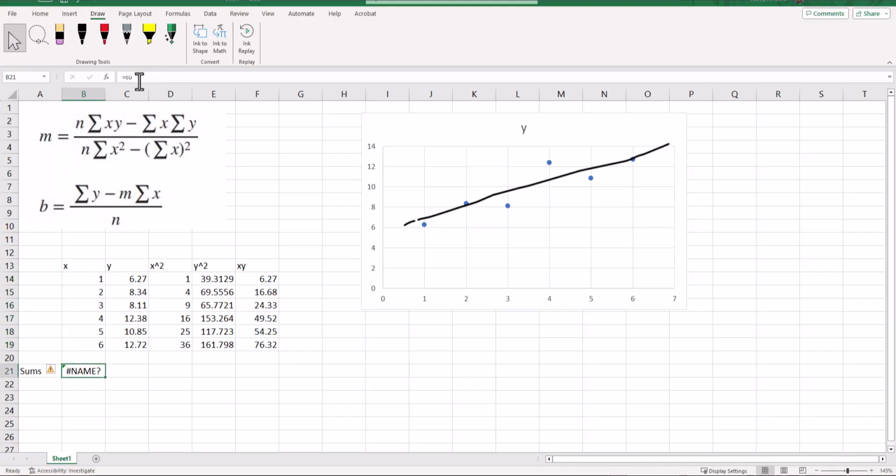I don't know what we had there, sorry. Sum, be a little touchy. And then I can drag this over, and I've got the sums of all of those. So if I want to find my slope,